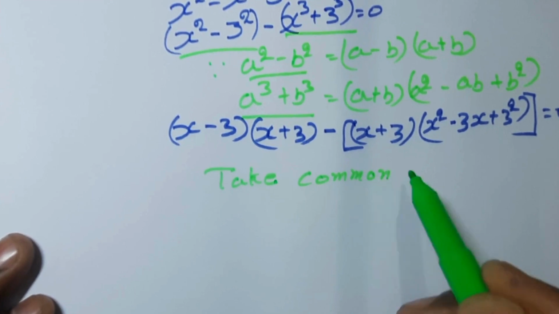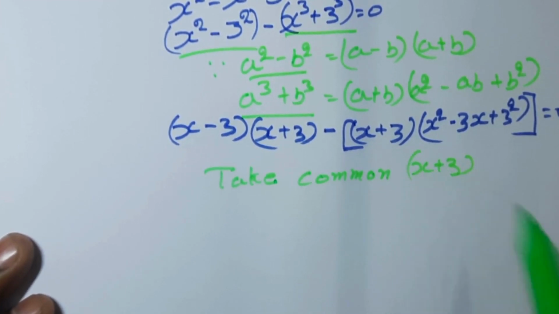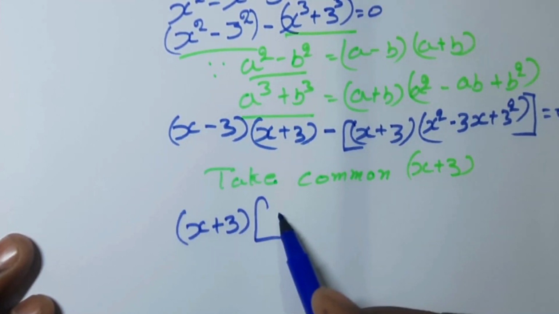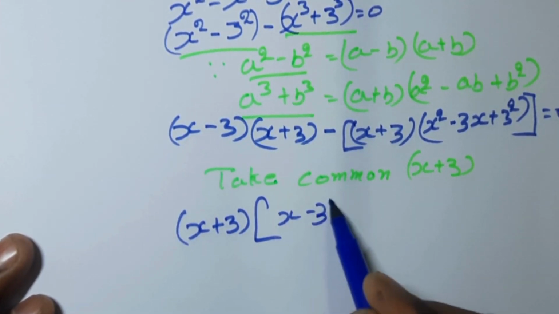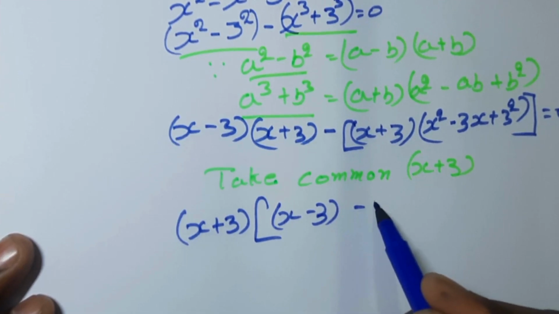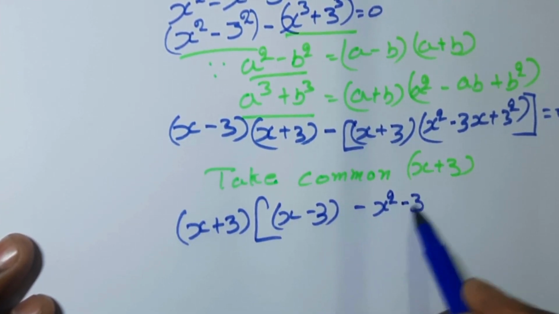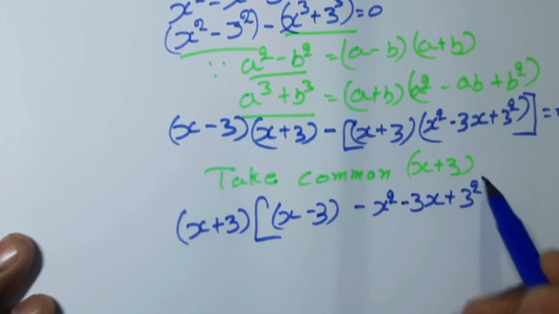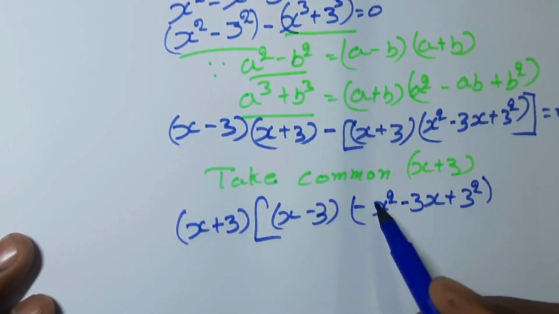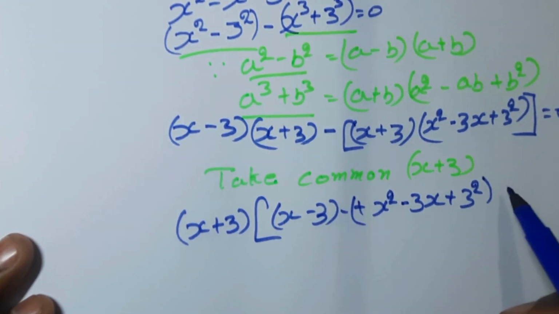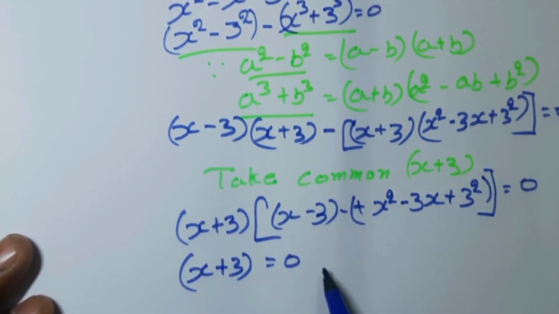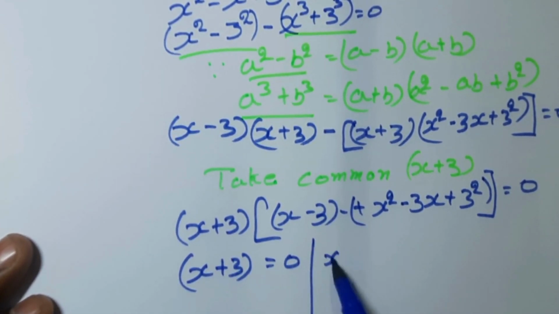common x plus 3, x plus 3 open bracket x minus 3 minus x square 3x plus 3 square equal to 0. x plus 3 equal to 0. Same way we have x minus 3